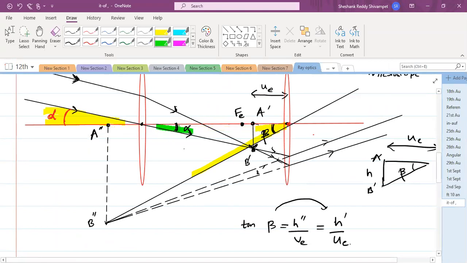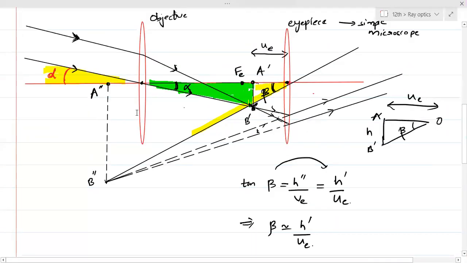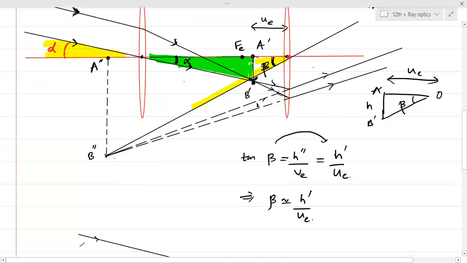I'll just shade it with the green one. Look at this triangle, green wala triangle. So for this triangle, if I make use of this triangle, for that triangle, as a triangle one,